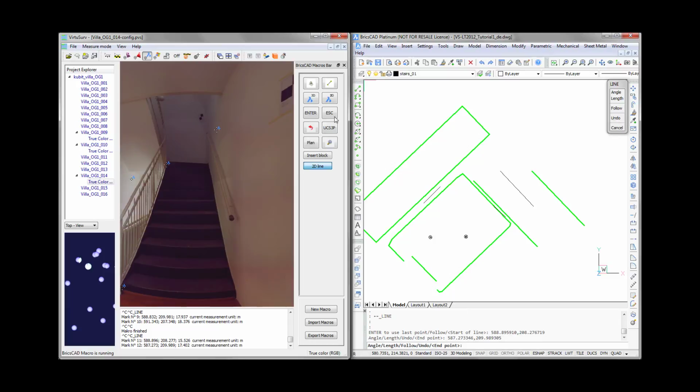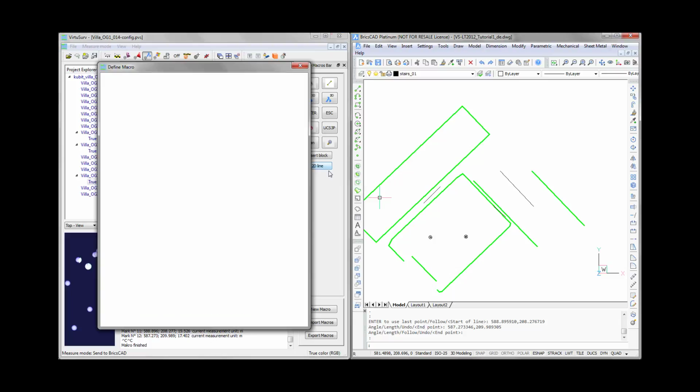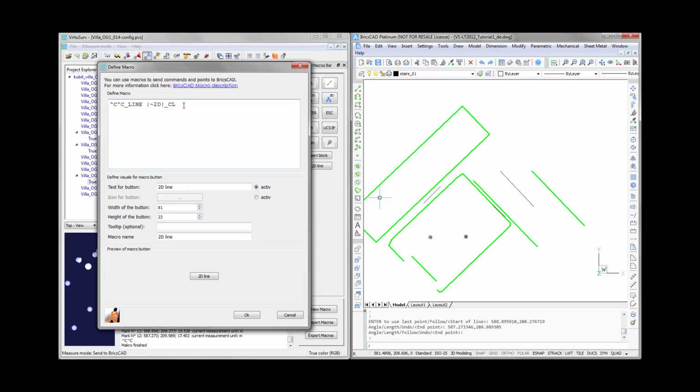Up there. So now we can start drawing the stair fronts, but as I don't want to cancel the line command each time, I will just create another macro. I'll go in here, edit this one, and make a copy of it. Cancel, new macro, paste, and I already have the line command, but I just want 2 single points, so I'll replace the tilde by an at, make a copy,